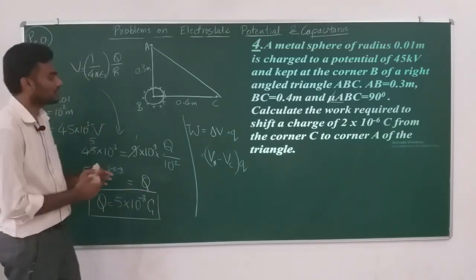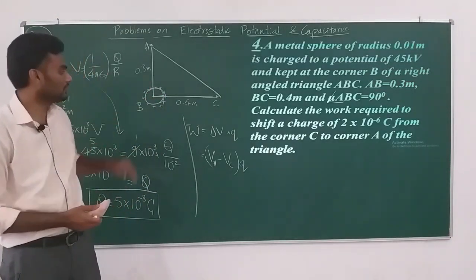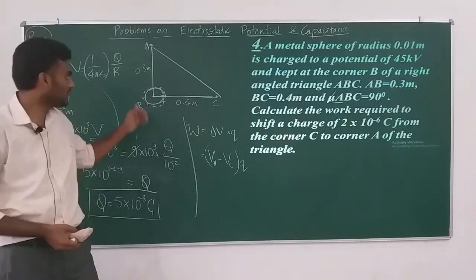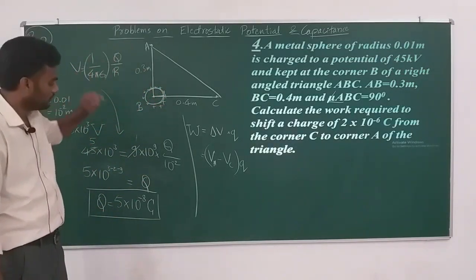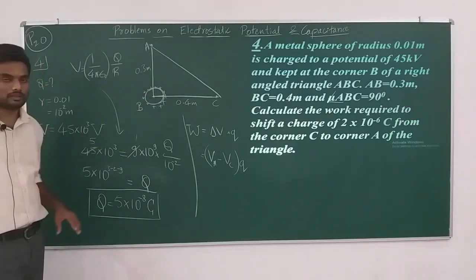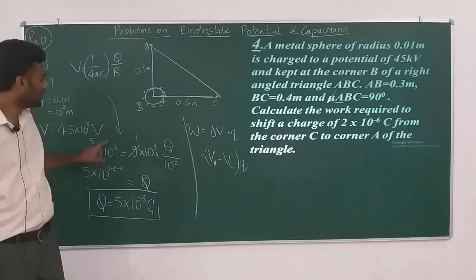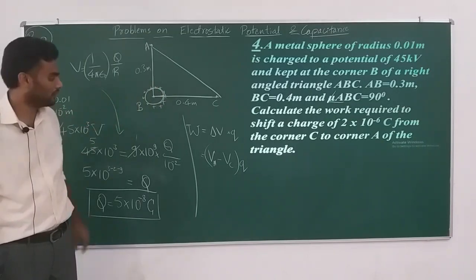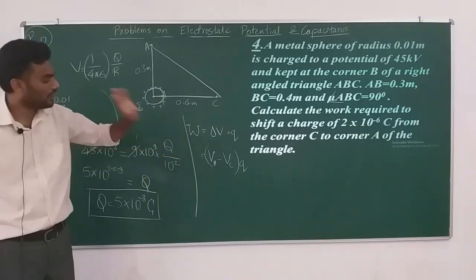This is the total charge accumulated on the sphere, right? They could have directly given this much charge is accumulated, or this is the charge to which the body is charged. Instead they gave the potential, 45 kilovolt, it is charged to 45 kilovolt. Fine. Now using that 45 kilovolt data, we found the charge accumulated, which means if this much charge is accumulated on this body, we can get 45 kilovolt of potential either on the surface or inside this body. Okay, surface or inside. Now you have charge accumulated on this body. Let us work for Va and Vc now.